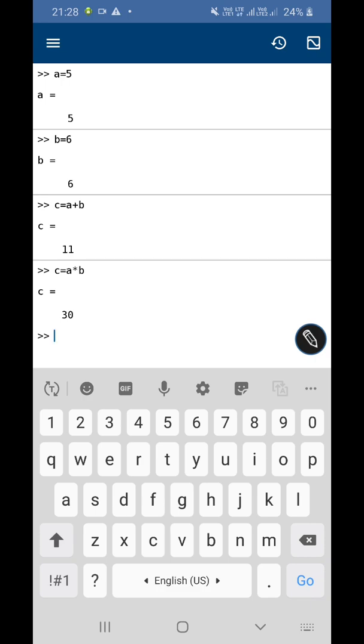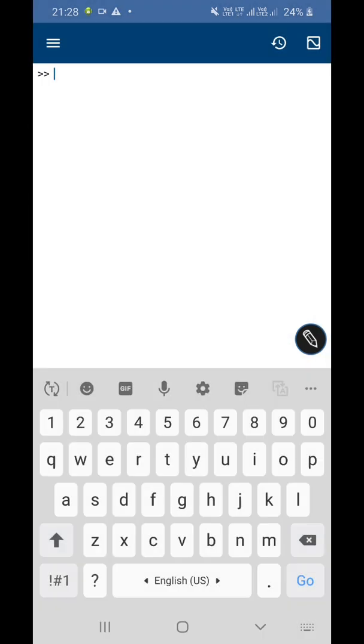This is the command window I was talking about. Also CLC, I will repeat, is a command which is used to clear this command window, but clear all is used to clear the variables which are saved.